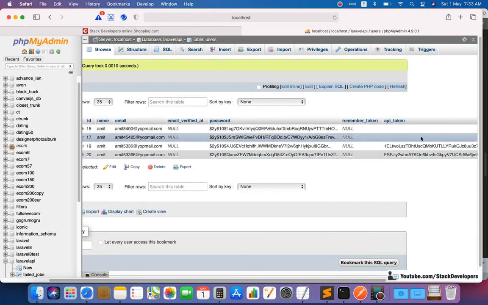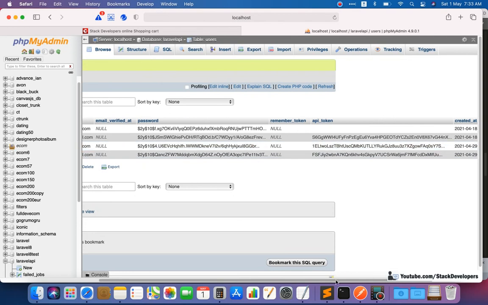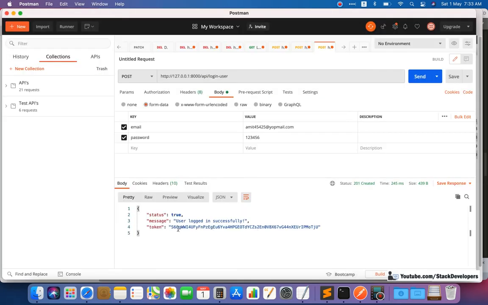Now in the second column here, you can also see a new token. Yeah, here it is. So the same token S6DG, we are returning with this login API, so that the app developer can use this token for further API calls.